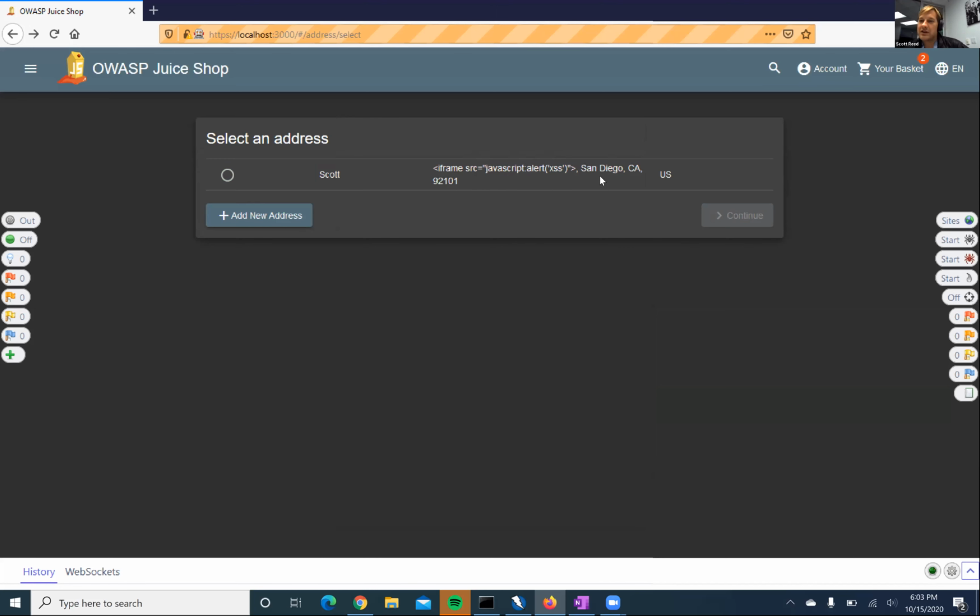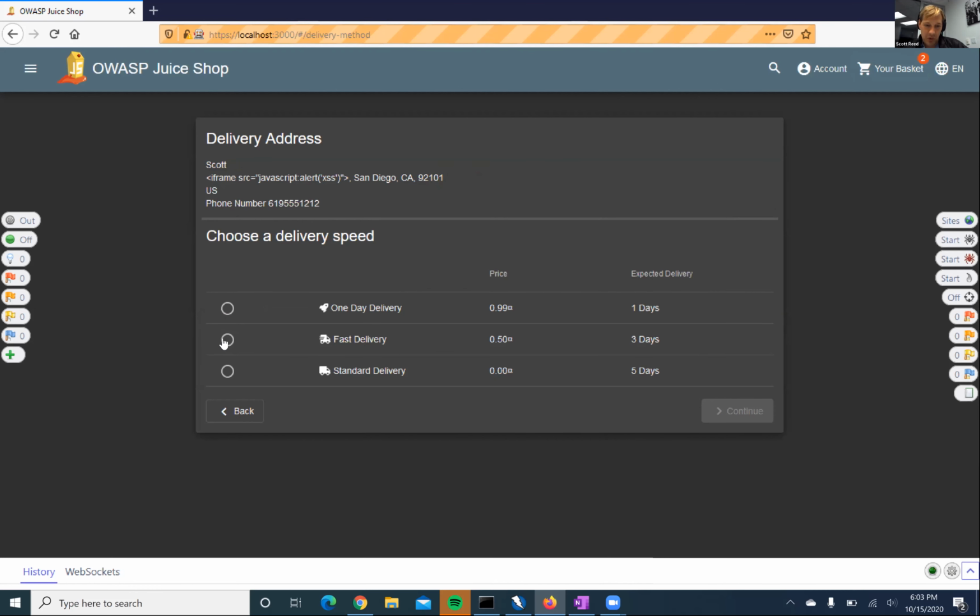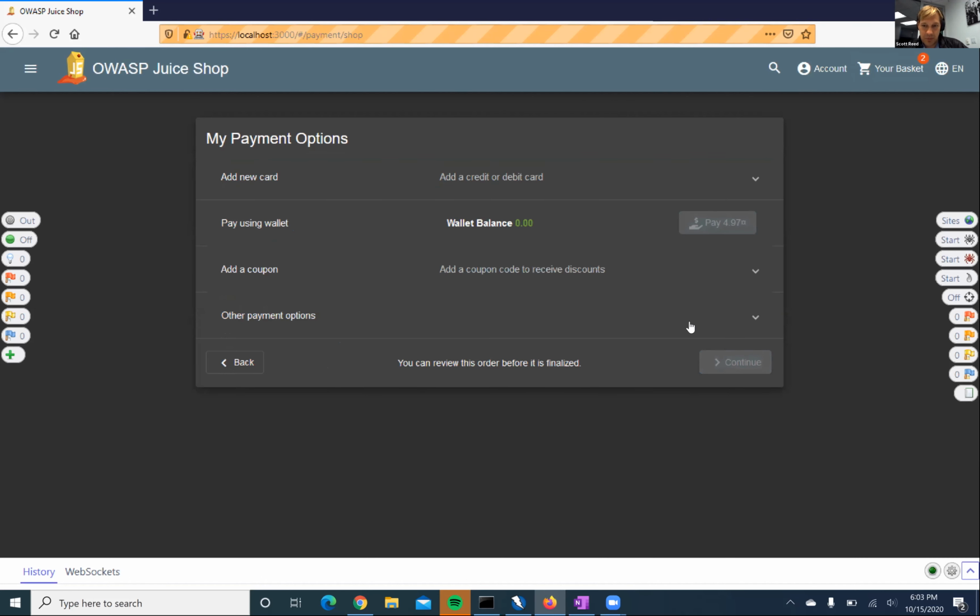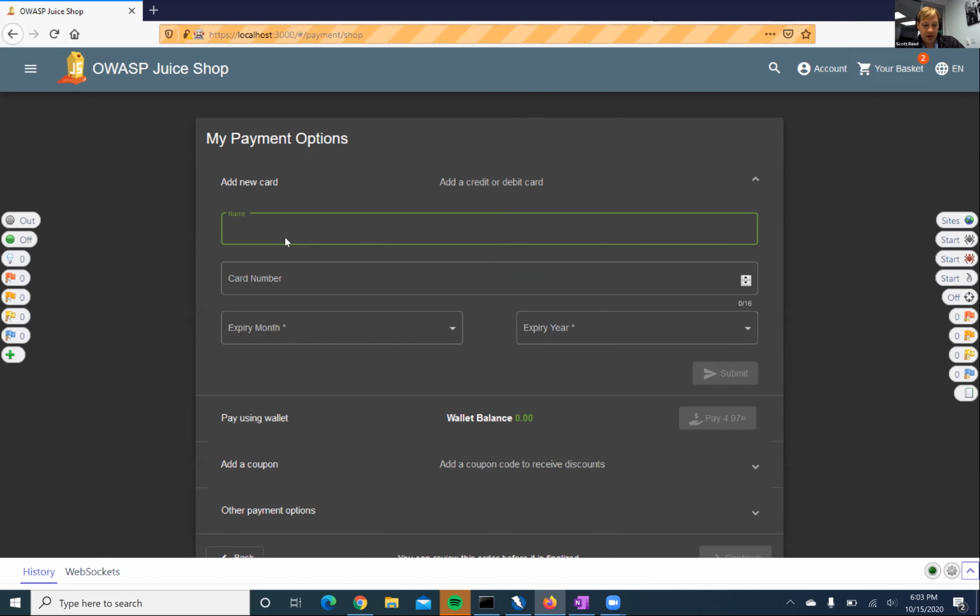So that's where I started attacking, and then it turns out that it's the tracking on the package. Once you've selected the address and you go through, and I don't even think I entered a credit card, which is why I was thrown off. So add new credit card, and then 1, 2, 3.